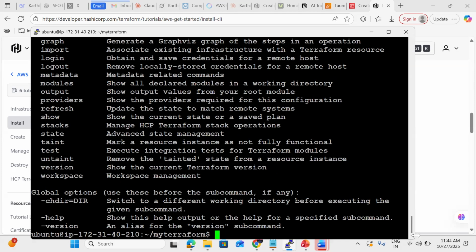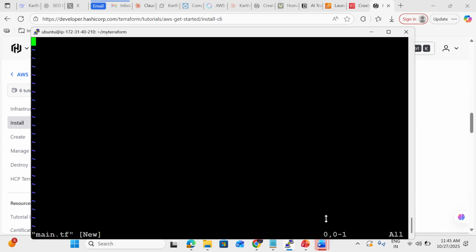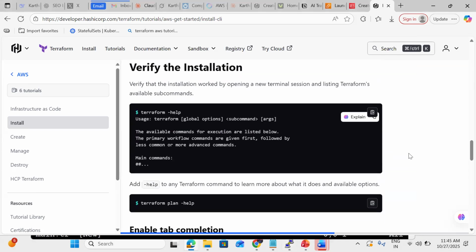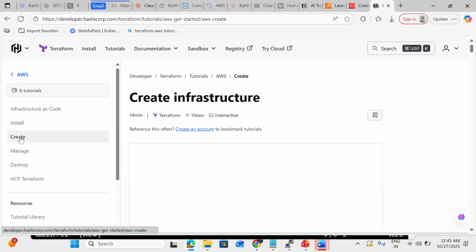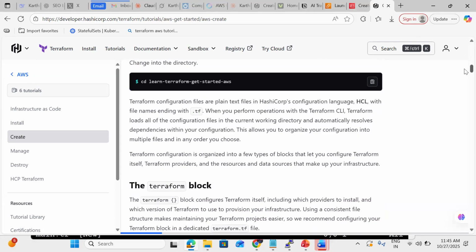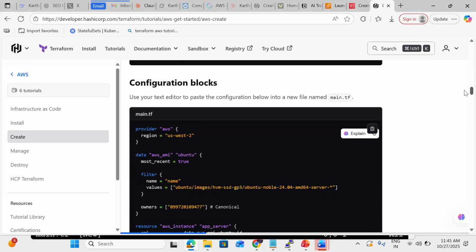Okay, so here I'm going to do the Terraform init, but we don't have any main.tf file or any configuration file. That is the reason it can't do anything. There are no configuration files. Then I'm going to create one file called main.tf. Okay, so once I configure Terraform, we are using the AWS provider. If you are using Azure, azurerm is the provider. I created one directory. Then here I'm going to keep